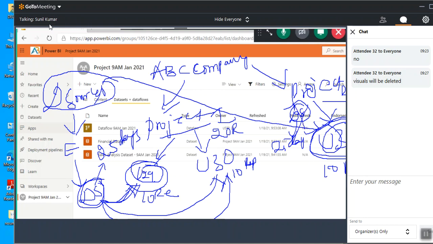So what we'll do is, whatever data set was prepared by user 29 in project 1, the same data set is sufficient for me to create 10 reports in project 2 also. So what is the need of creating a data set again in another project? You don't want to create it. I want to give the permissions on this data set to user 31. So I want to share this data set with user 31.